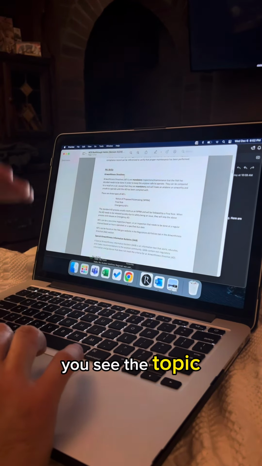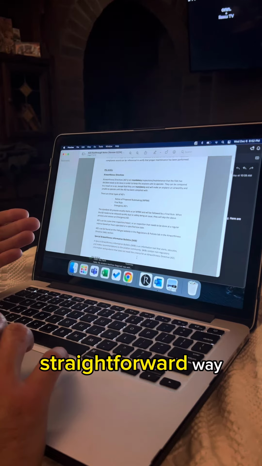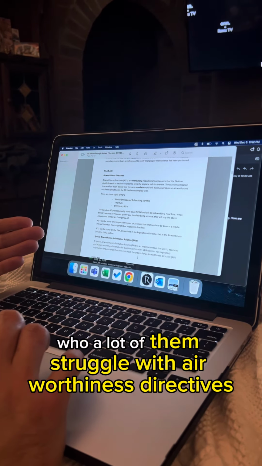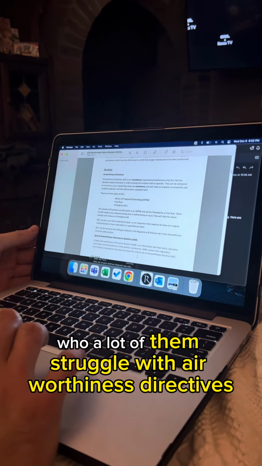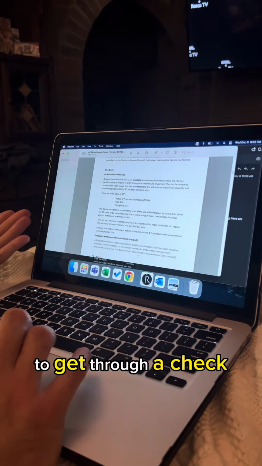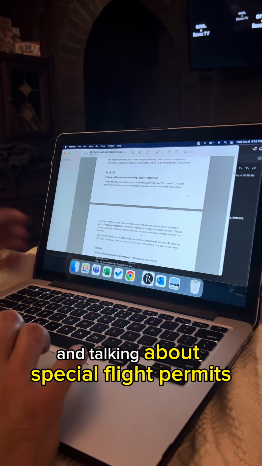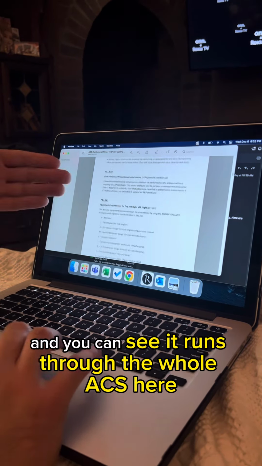You see the topic, and then it talks about ADs, and it just explains it in a simple, straightforward way. So that way a private pilot, who a lot of them struggle with airworthiness directives, would have a decent comprehension of it and would be able to get through a check ride on that topic. And then you keep going through and talking about special flight permits, and you can see it runs through the